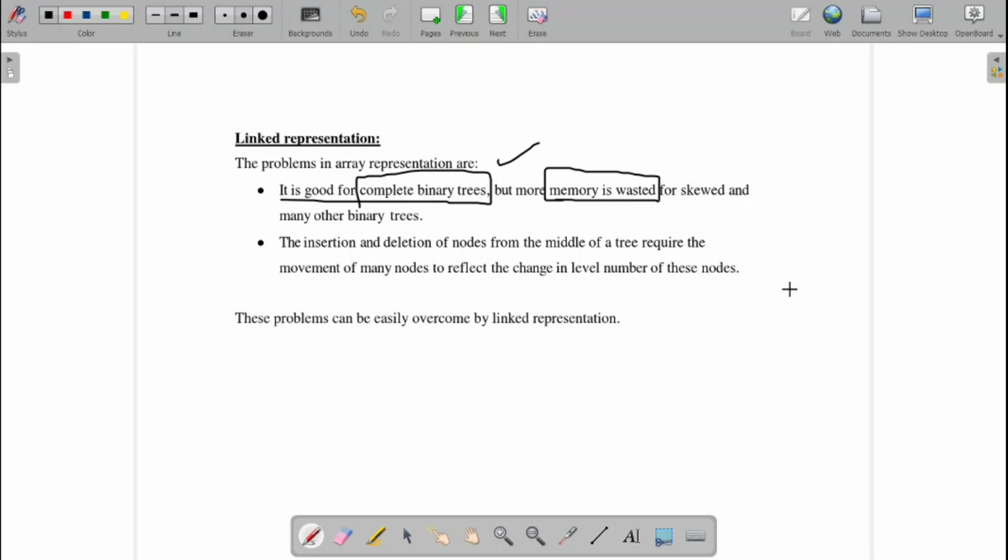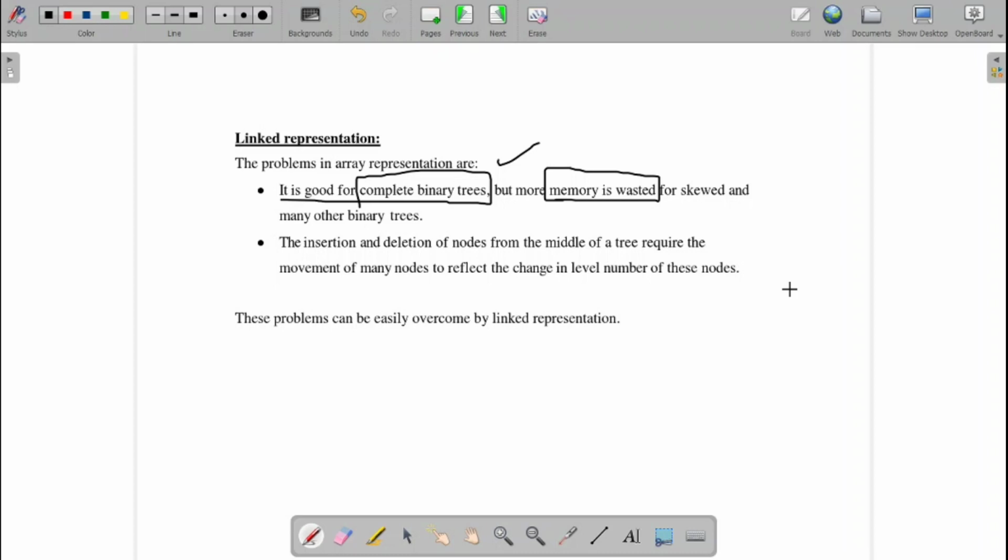So if my tree is a skewed tree or any type other than a complete binary tree, then most of my memory space is wasted, which is not recommended in computer science. So array representation is preferred only if your tree is a complete binary tree.